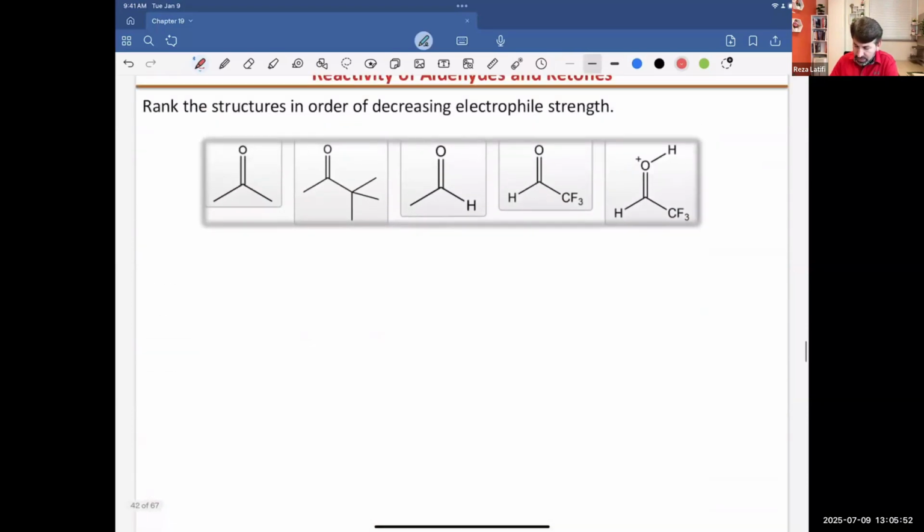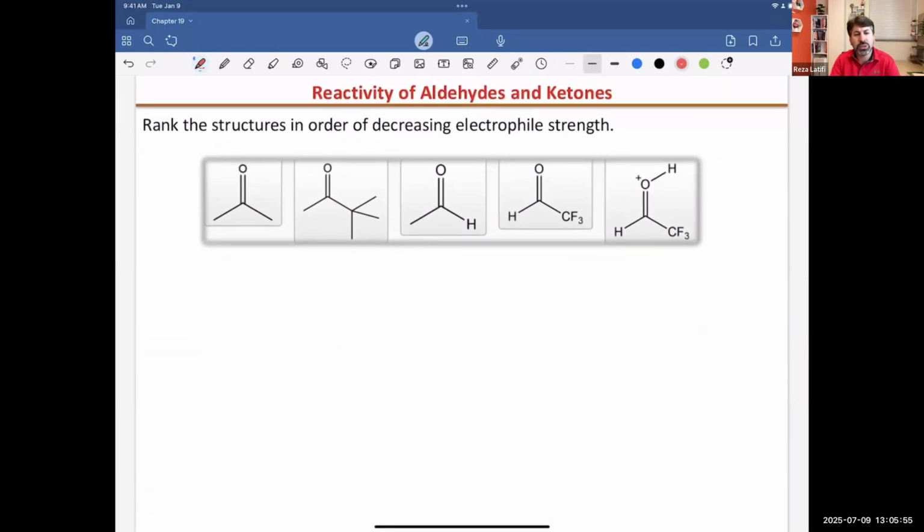Okay. Another example. What do we have here? In this case, as you see, we have oxygen attached to a carbon through a double bond, and in one case we replace the substituent, for example the hydrogen, by a methyl, and then the methyl by a CF3. Also, in the last molecule, we have a positive charge on oxygen. I'm going to start with this. I will add a lone pair to oxygen to make it an octet,